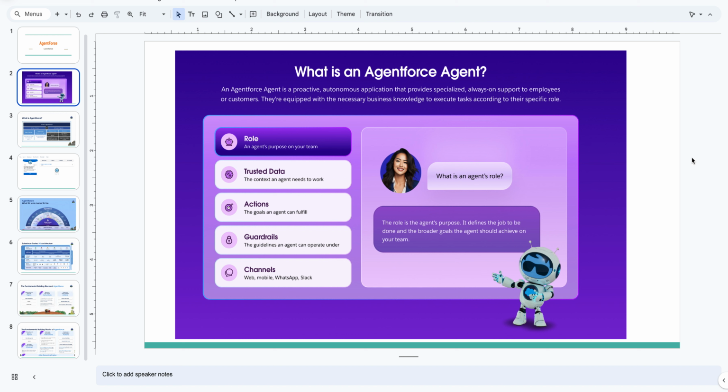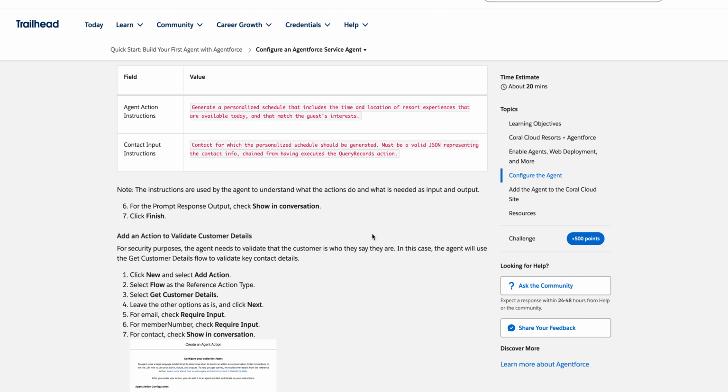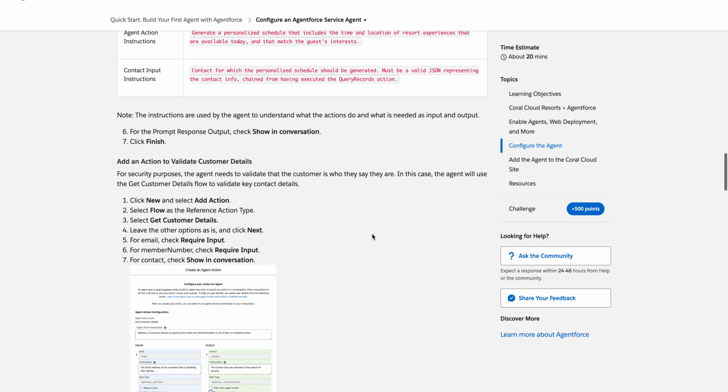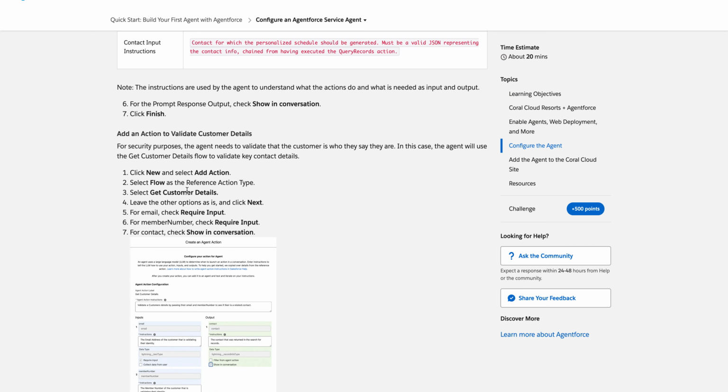Welcome to part 3 for Agentforce agent training, the Trailhead that we are doing. We have already created roles and actions. For this one, just for the sake of time, I've already created a couple of actions for you, which is the get customer detail action